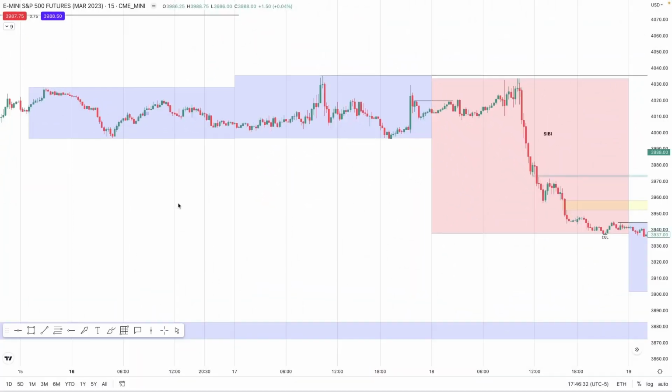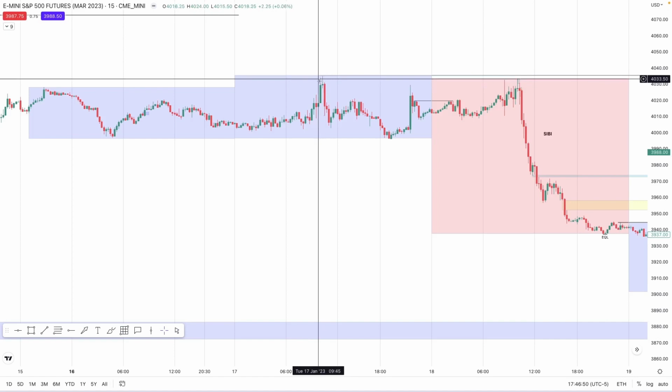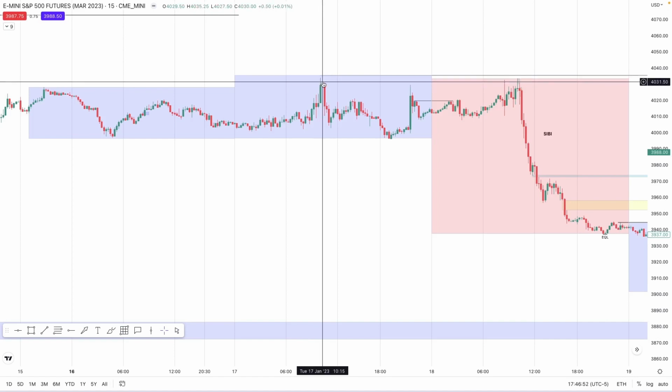Okay, here we have the 15-minute time frame. Again, we just see some nice consolidation here on the 15-minute. Tuesday, we created the high of the week, and that was around 10:15. So within that New York Open between 9:30 and 10:30, where we set the range,